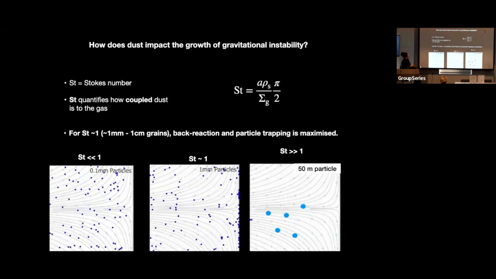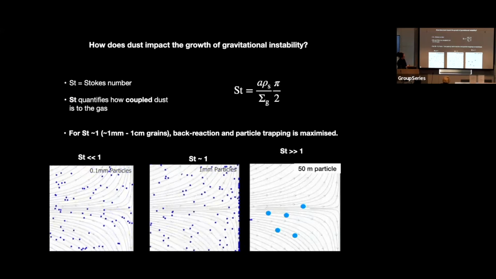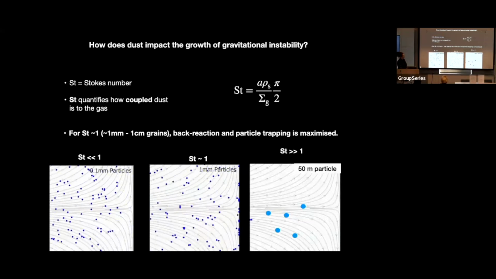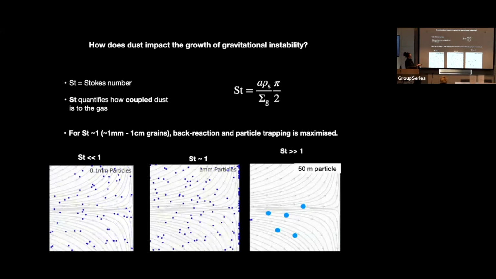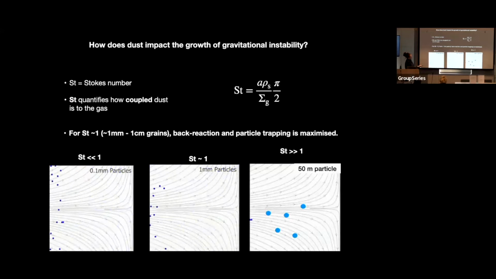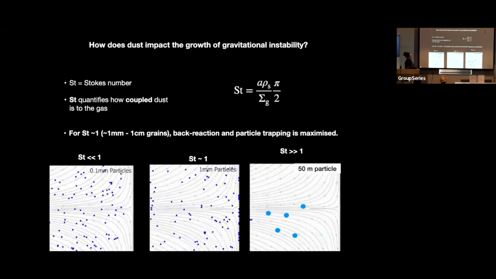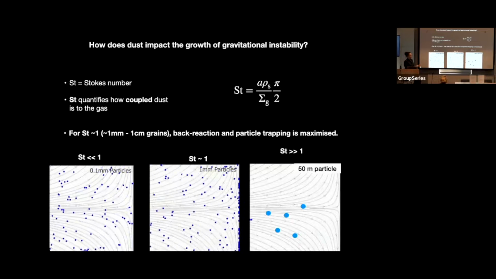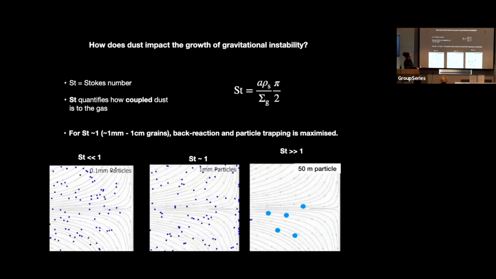So we have a couple of scenarios that I'm showing you here. For a Stokes number that's very, very low, solid particles are coupled perfectly to the gas. They just follow the gas flow lines, no problem. At the other end of the scale, when it's really, really massive, these particles just don't care. They're completely unperturbed. The gas just flows around it, a little bit like boulders in a river. They just don't move. So that's what's happening in this scenario.